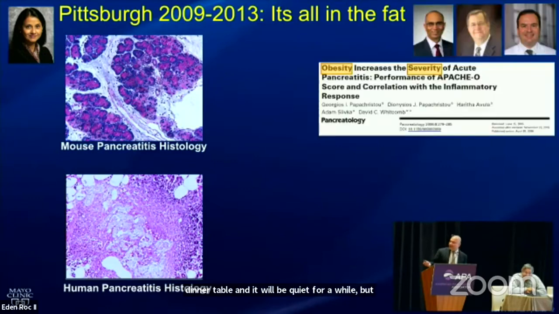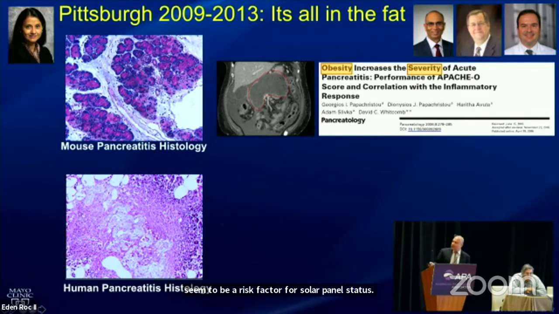But I did have friends, George and Dheeraj and David, and we would meet in the hallways, and I would always get a chance to talk a little bit about what we were finding and if it could explain what severe pancreatitis was. And what I would learn from then is that obesity seemed to be a risk factor for severe pancreatitis. And it did seem correct, because whenever the CTs were reviewed, we'd see this huge necrotic mass in